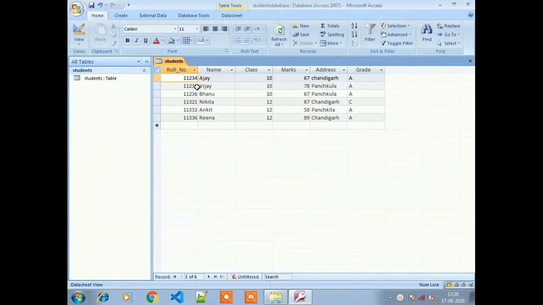Now again we are going to start a new topic, that is advanced filtering in a datasheet. So now we have one database, that is a student database, and in that database we have a student table, and in the table we have some information. And we are going to solve the advanced filtering option, right?